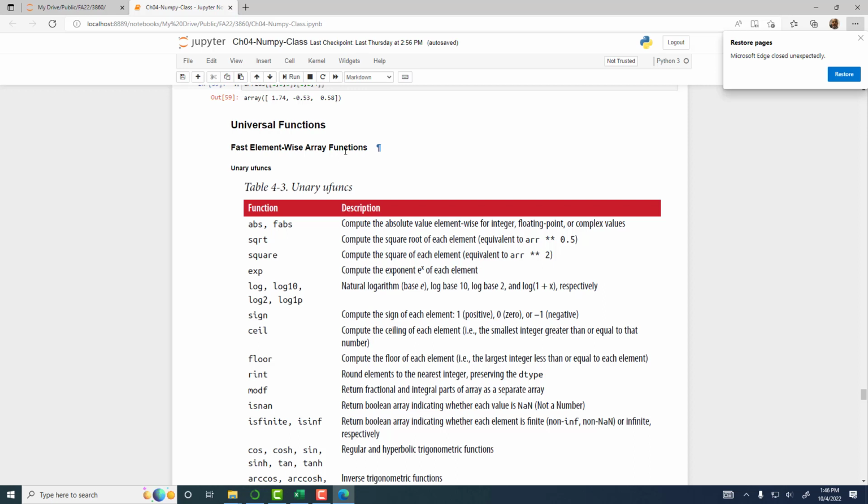And you'll get back integer if it is ABS, and if you have FABS, you get back floating point values. Okay. The value will be the same, but the data type will be floating point. So SQRT is equivalent to star star 0.5. So this is much more efficient. So you need to use, don't use that like what we did previously when we did not have NP functions. We had to use